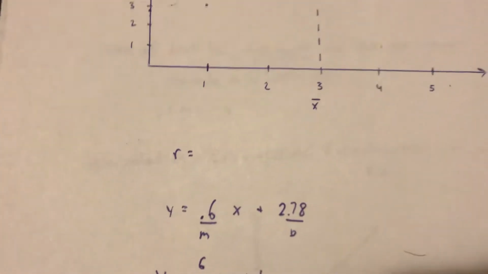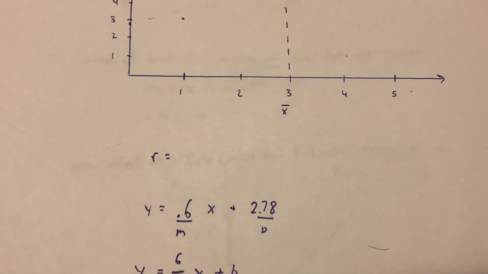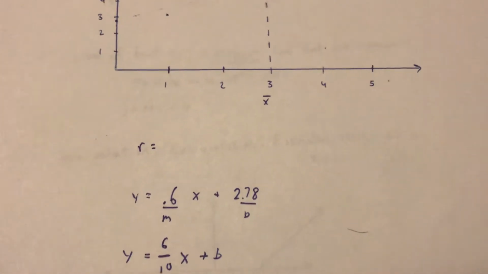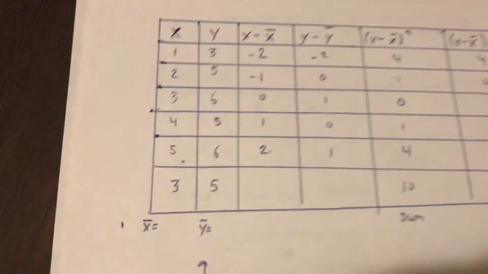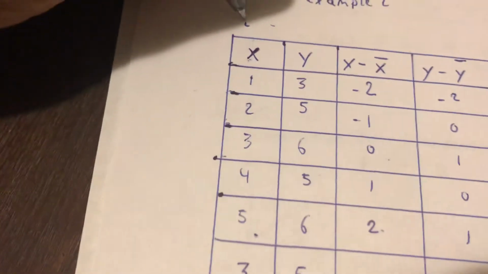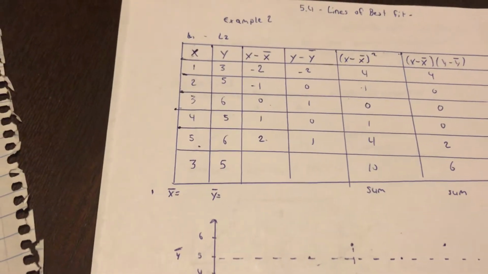But then after that, you need to go to stat edit, and then this will give you a possibility to list your L1 and L2 values, which is your L1 is equal to your X values, and then your L2 is equal to your Y value. So this will be L1 and this would be L2, and then you plug all of those in,